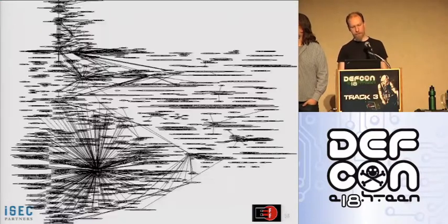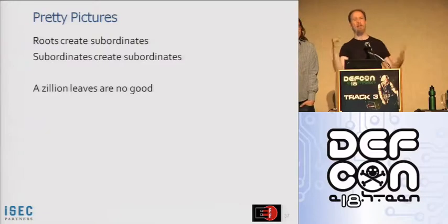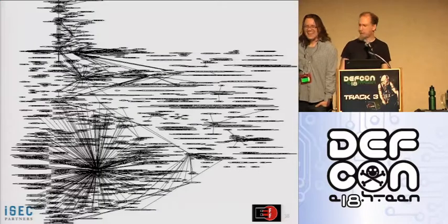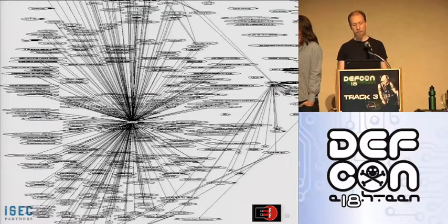So we decided also to create some pretty pictures of the set of CAs and which ones sign subordinate and intermediate CAs for each other. What does that look like? So feed all of that data set into GraphViz and you get this. That's not pretty. It's kind of hard to see on this screen, so maybe we can try to zoom in. That's not even a root CA, that's an intermediate CA that signed a lot of things,